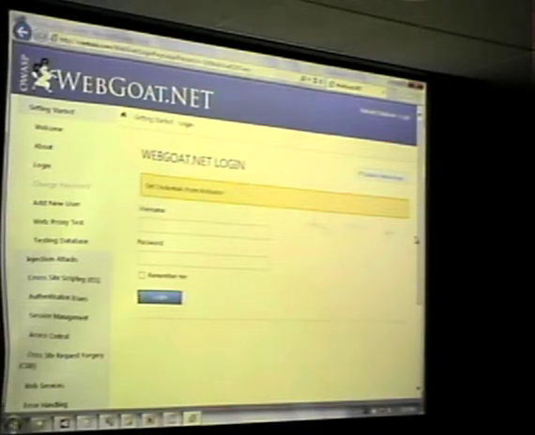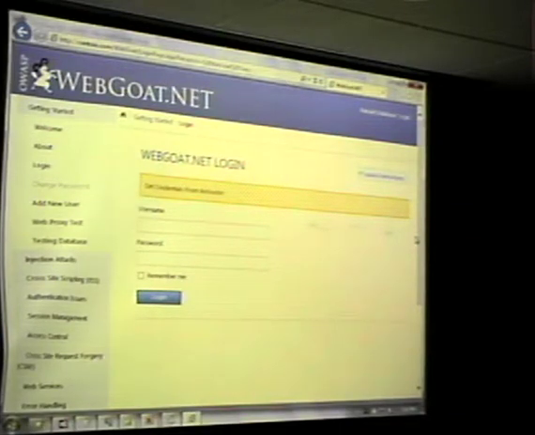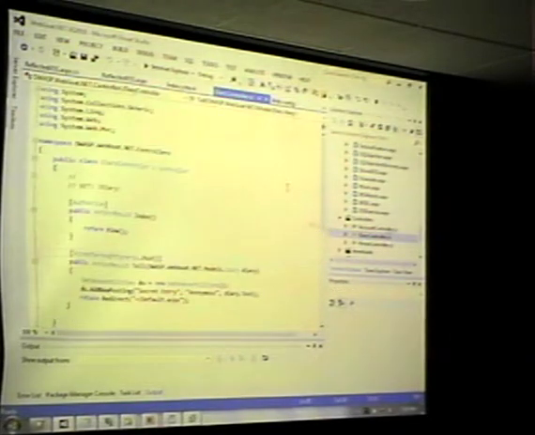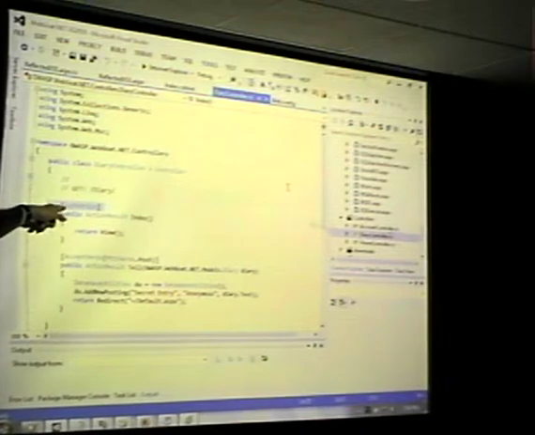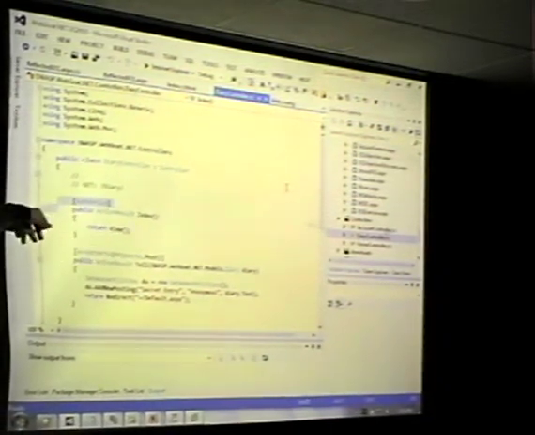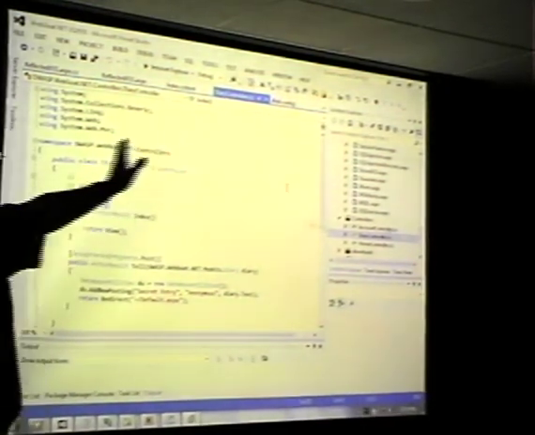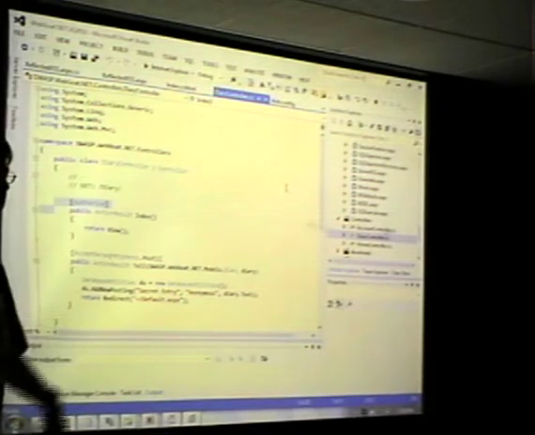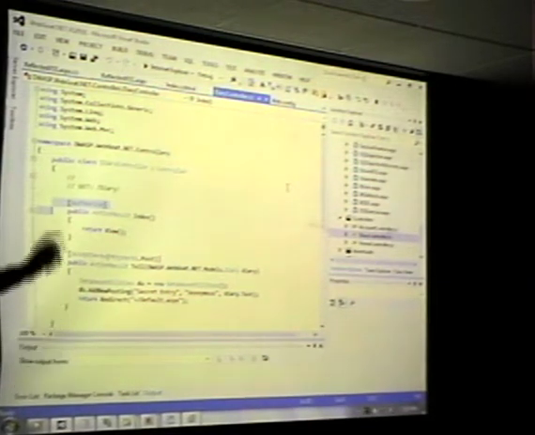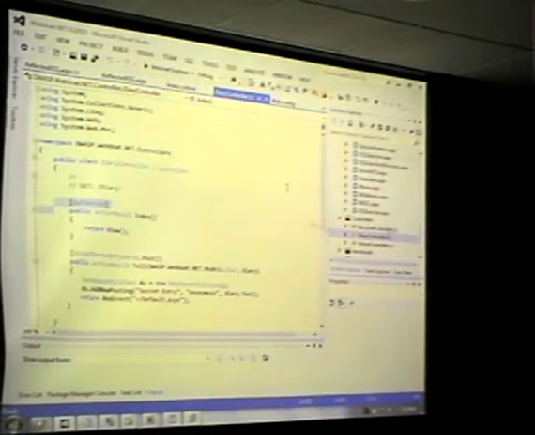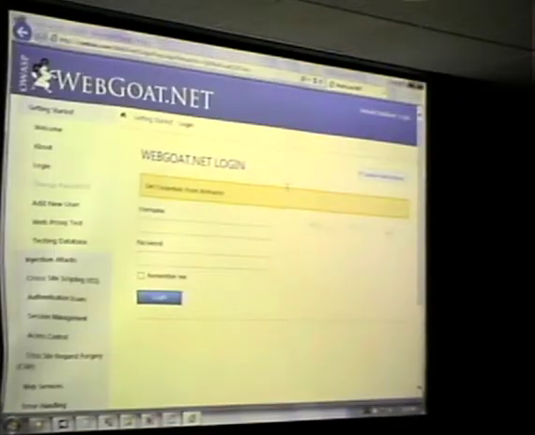But I am a developer who is somewhat aware of security. So in my code for the diary, I made sure to say, hey, you can only access this if you are logged into the application. And let's also pretend that I put in there that you can only access it if you're logged in as an administrator. That's just one more little attribute that I need to put on. So I am secure. You can't make a diary entry without me knowing who you are and you being logged in. So now if we log in,